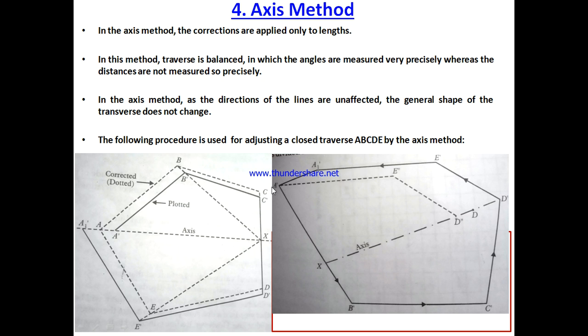So what we need to do in this condition? We just need to plot a line which should be parallel to A1 dash E dash and equal in magnitude to A1 dash E dash. So I have plotted this as A dash, and it is resting somewhere here at E double dash. The length of the line A dash E double dash and A1 dash E dash is almost equal. After getting this, what is the next task? I need to draw the next line E double dash D double dash, which should be parallel to line E dash D dash and of equal magnitude to E dash D dash.